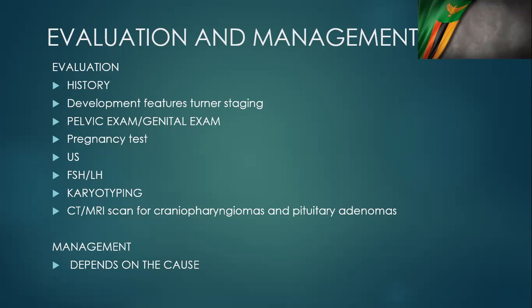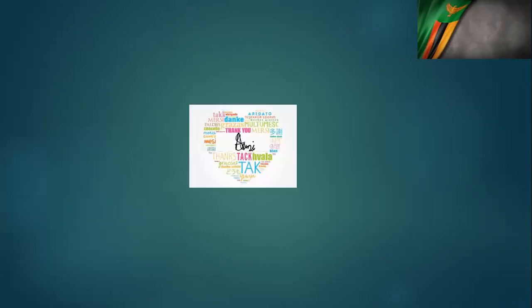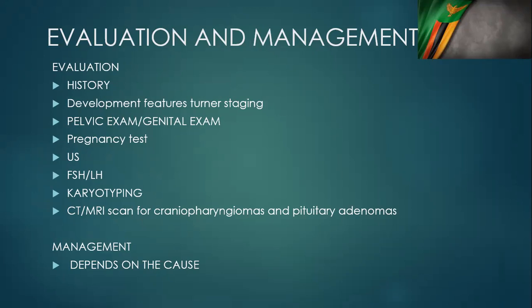On the other hand, let's say the problem is somewhere else, in the pituitary gland. If the problem is in the pituitary gland, it means that follicle stimulating hormone will be low and luteinizing hormone will be low. So if you do your test and you find FSH is low and luteinizing hormone is low, it means that the problem is either in the pituitary gland or the hypothalamus. So you need to be aware of that.